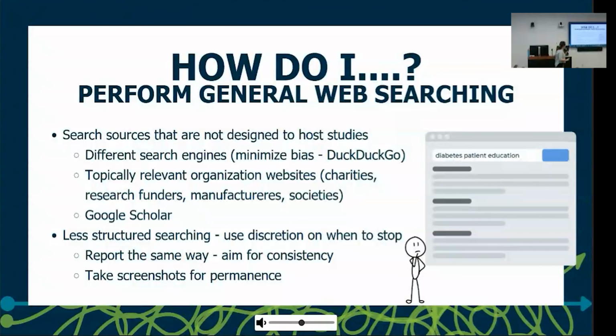The main part of all this gray literature searching, because there's no gold standard, is you want to try to be as consistent as possible across all these different places, as well as take screenshots for permanence and date that, because often, as we know, web pages will change and links will break. And so this is a way to kind of back up your research,